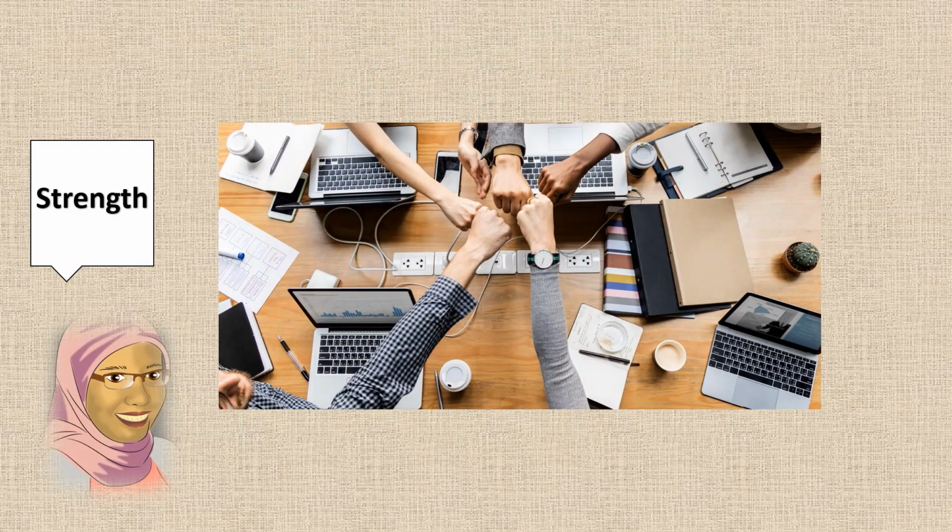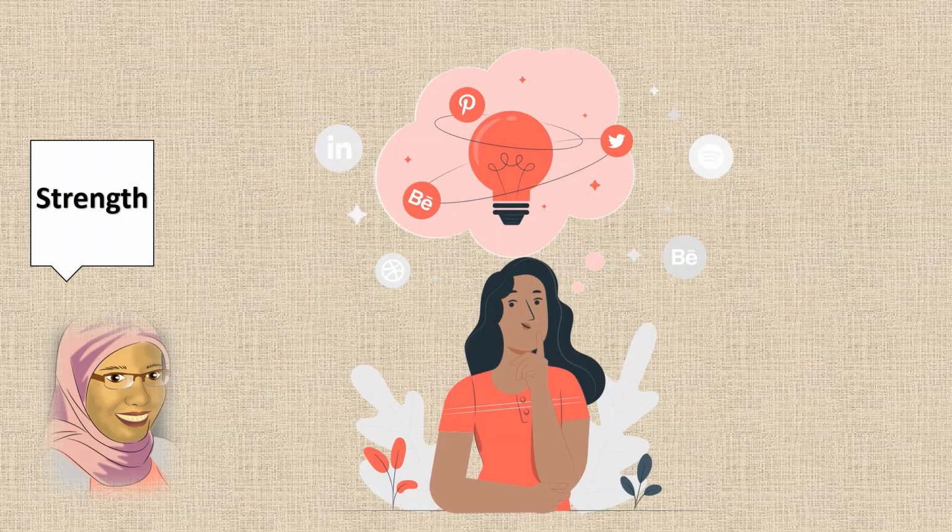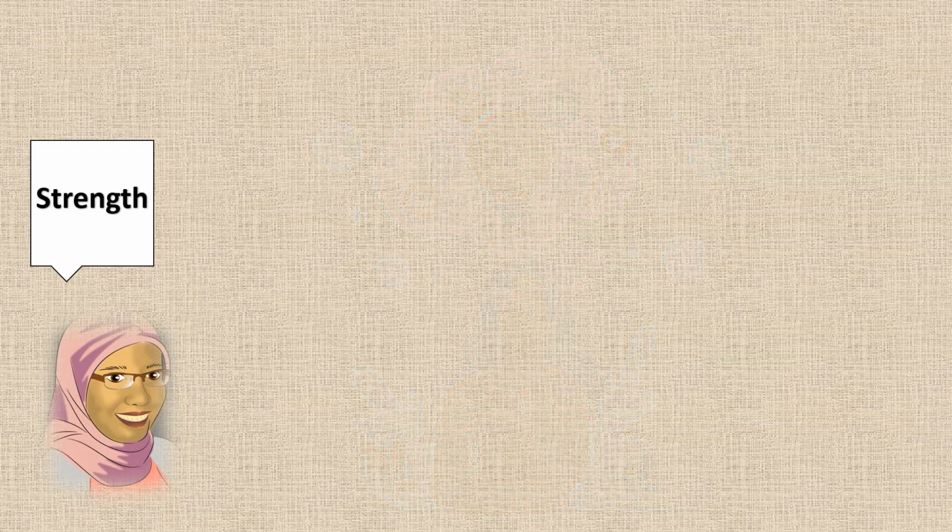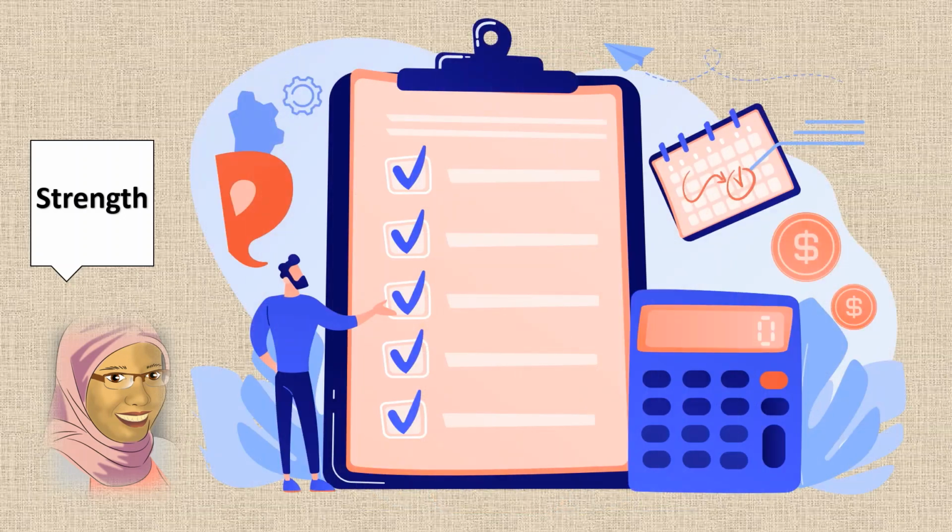Second is an experienced and motivated team with a track record of success, who are employees who have a lot of experience in managing events. Third is a following on social media that will serve as a powerful marketing platform, such as advertising the event you want to do on social media like Instagram, WhatsApp, Facebook, and so on. And the last is a financial plan that shows healthy production potential, such as the various budget required before making the event.